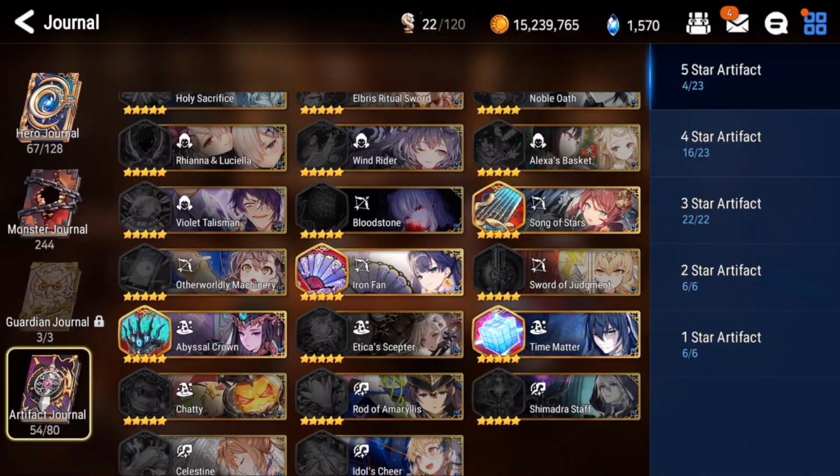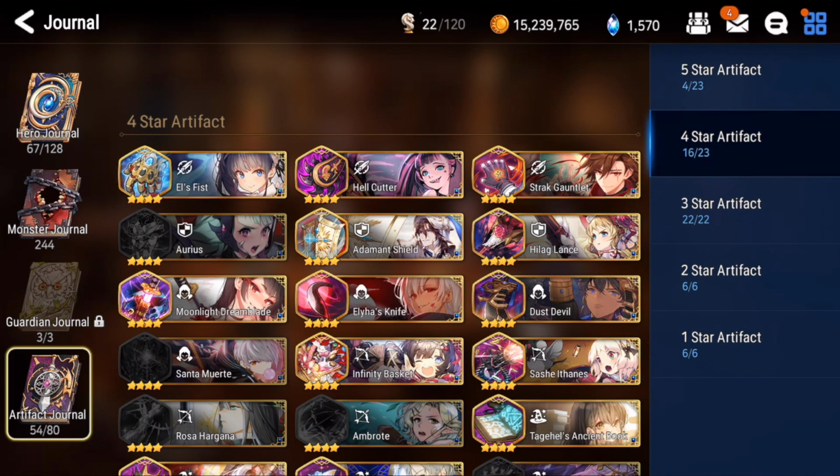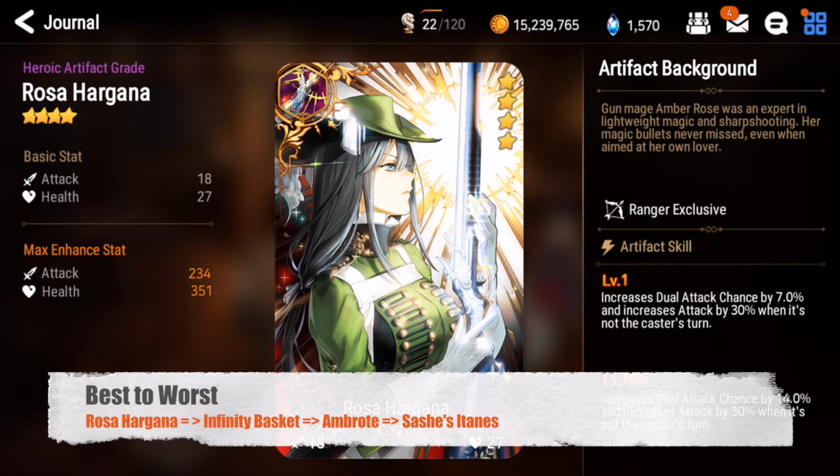And the final 5 stars artifact, Song of the Stars. This is not bad, but this kind of makes her into a little bit of a support. I think you shouldn't equip this unless this is the only Ranger artifact that you have. 15% extra damage is nice, okay, but there are better 4 stars Ranger artifacts, and I think if you don't have Sword of Judgment, I think Rosa Hargana is the best for her, even better than other 5 stars Ranger